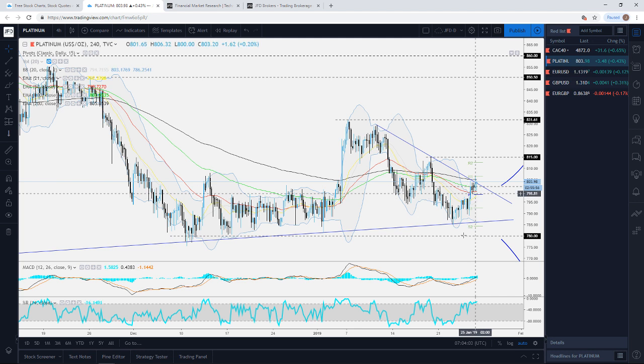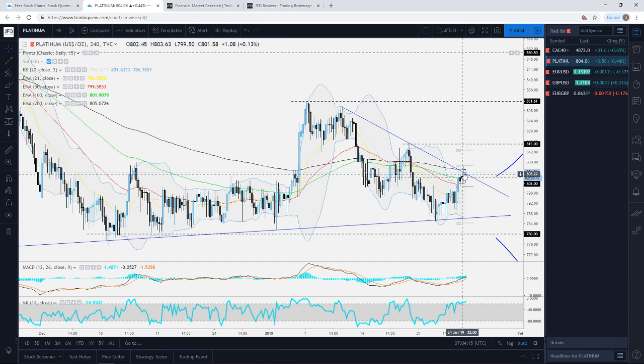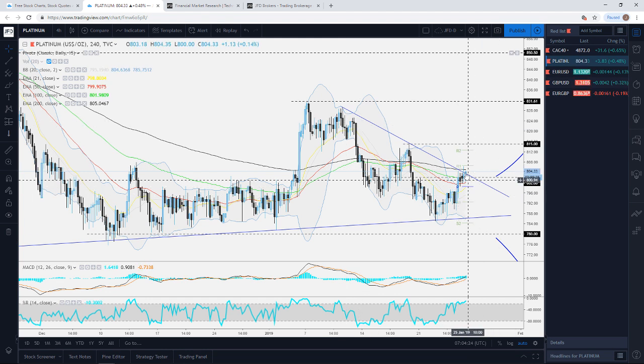It pushed higher, and I was telling you guys to keep a close eye on the psychological 800 level. So we managed to break that, and currently you can see that the commodity is trading already slightly above this little short-term tentative downside resistance line taken from the highs of the 10th of January. So of course, if this continues to push further up here,